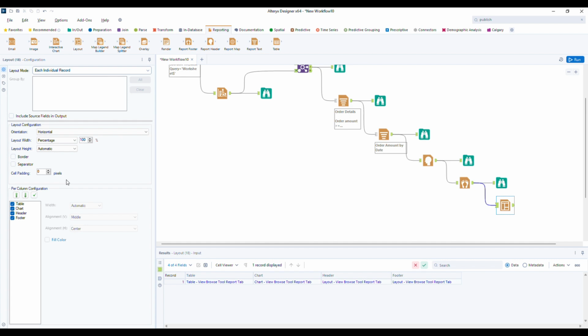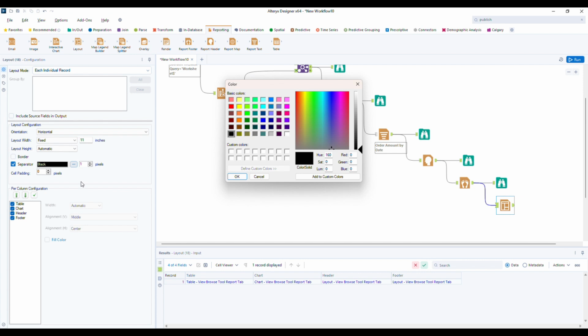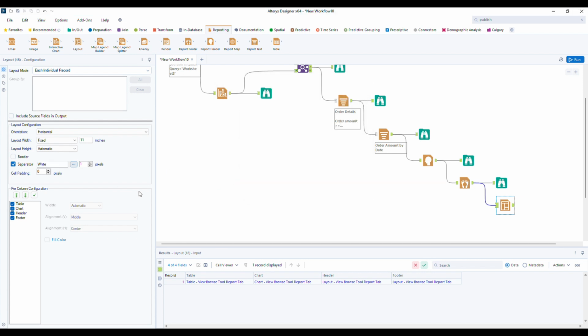In our normal data visualization tools, we have horizontal and vertical containers, right? To adjust these objects, we have a table object and a chart object. Do you want to align them horizontally or vertically, or is there any break? I'm going to choose horizontal, and the layout width we can give. As of now, I am fixing this layout width to 11 inches. If you want a border separator, all these things, I'm just giving some distance between this table and chart. And I have selected the white color so that it should be transparent.